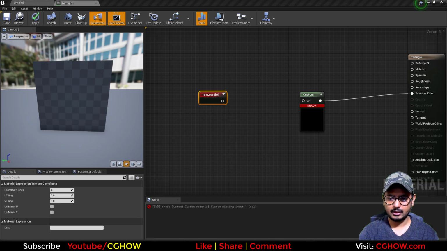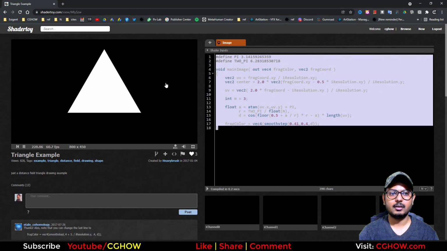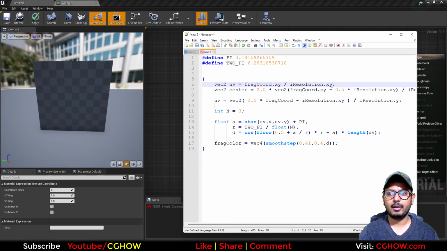Oh, did I just close my Notepad accidentally? No. And this iResolution is just the resolution of the screen, so you can just put the 1 value for this. And then this is the same texture coordinate, resolution, and a 10 will be a 10.0 in HLSL, and then